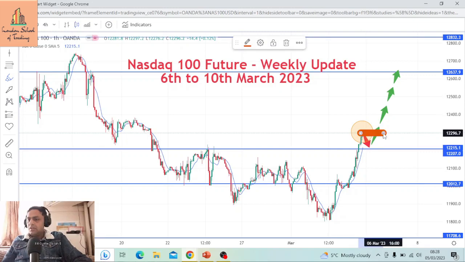So at the moment the market is at the 12,300 level. It is just above the strong support point, that is 12,200. So it is expected to continue on Monday also. This bullish movement is expected to continue on Monday also, but before continuing it is expected to touch a